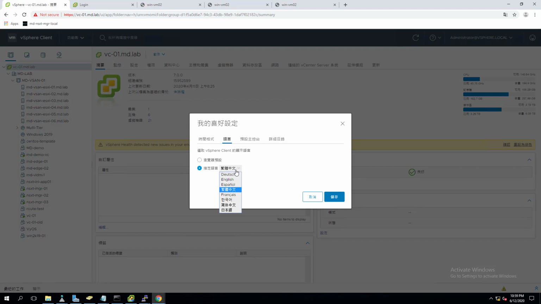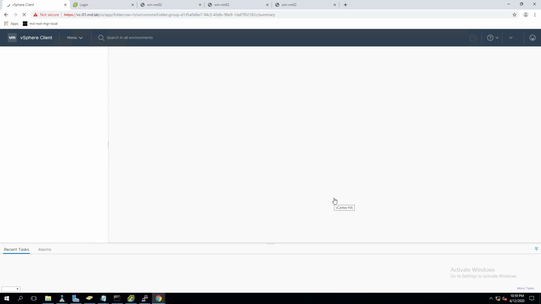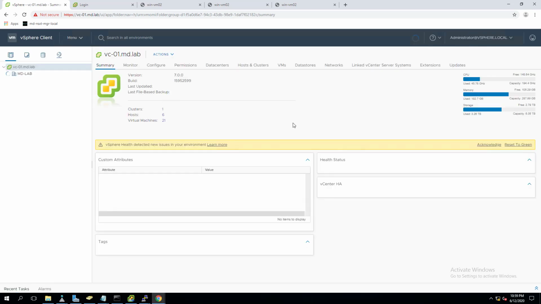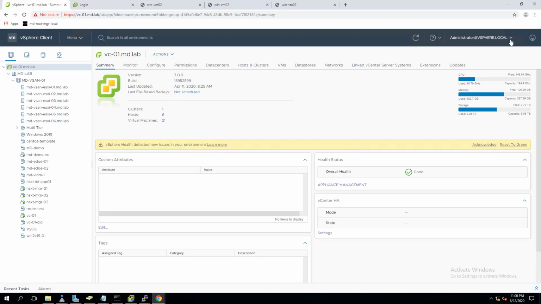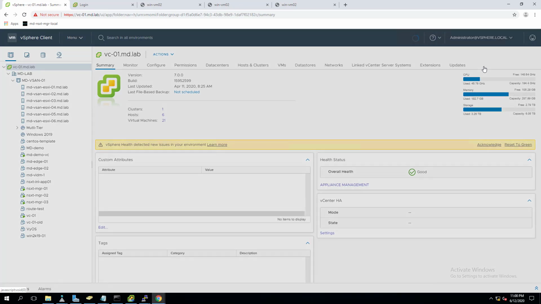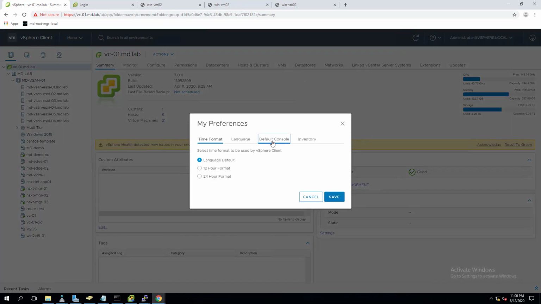Click on the language drop-down. Let's change back to English, which we understand. Click on OK. It immediately changes the language of the HTML5 client. Yes, the language has been changed here. Similarly, if you want to use your own language preference when you connect and manage your vSphere environment, we can change it.